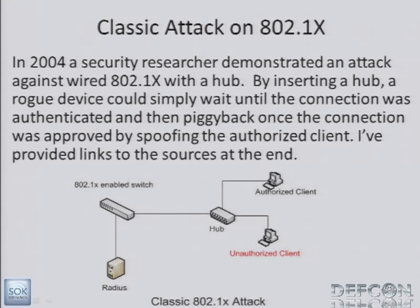And interestingly enough, when I was researching who to give credit to for this particular attack, there were a couple of names that came up. One was a gentleman from Microsoft who posted on their TechNet blog, but there was another guy that I saw that actually was dated about a year earlier, so I don't know who actually gets credit, so I put both of them at the end